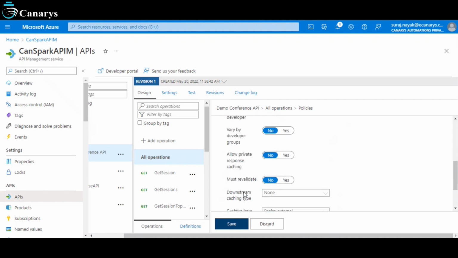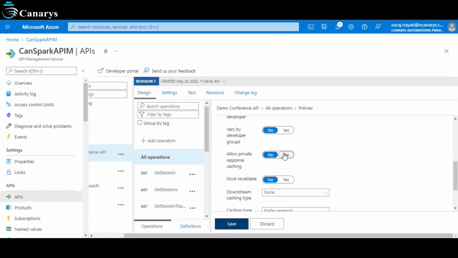And there's another option where you can set a private response caching. So suppose certain APIs will need authentication, right? Some are very user-specific API responses. Let us say I have a Gmail API which I query and see if I've got a new mail. The response that I expect by querying my Gmail account is different from what I would expect from your Gmail account, right? So in that case, depending on the authentication, you can change if the private responses have to be